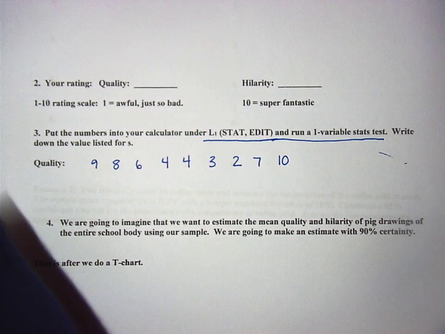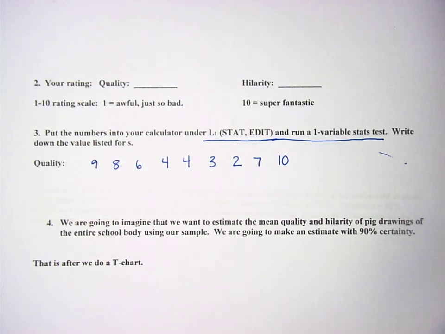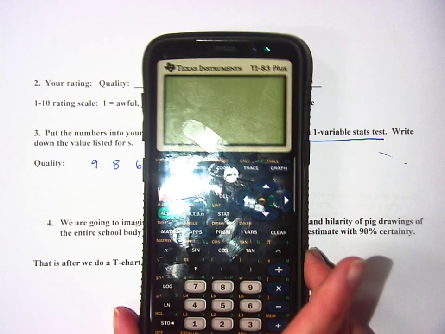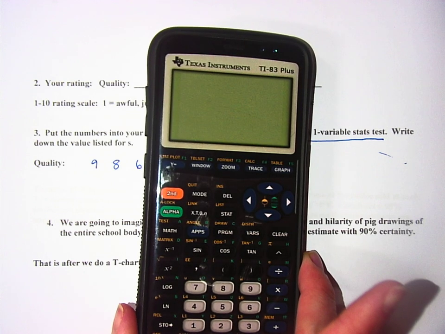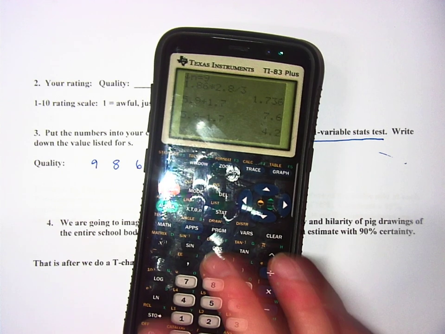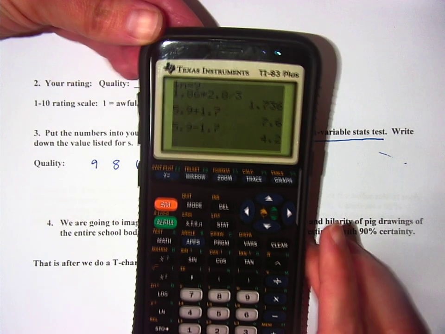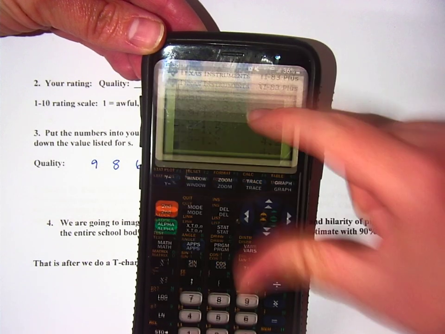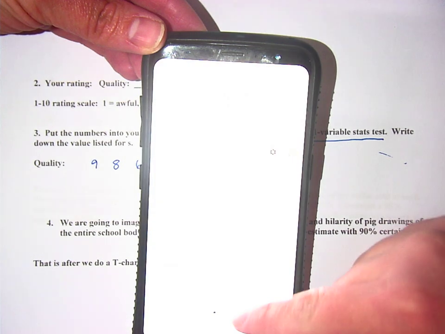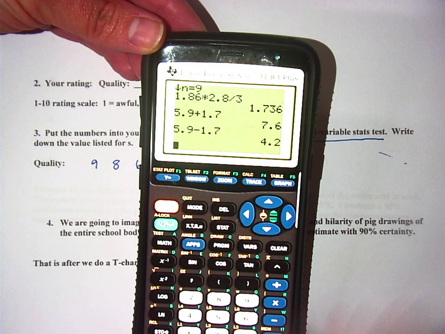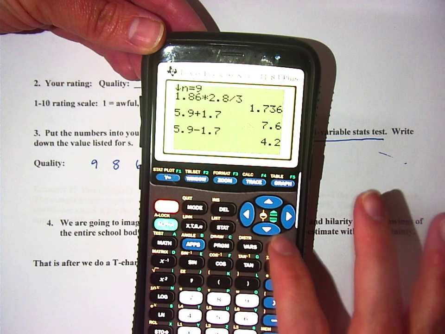Just in case you have forgotten, I have a graphing calculator somewhere at home, but I never use it. I always just use my phone. Oh, my phone's got a lot of gross glare on it. Just in case you've forgotten, if you hit the stat button, it's better. Let's see. Turn up the brightness. Okay. So if you hit the stat button,